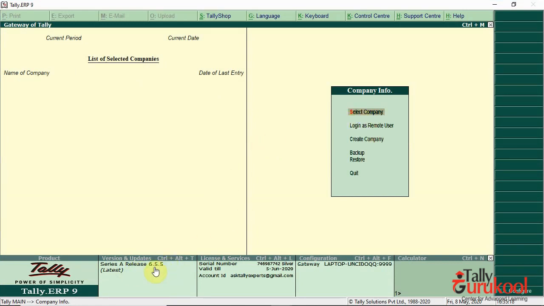Updating your Tally requires a valid TSS. If your TSS is expired, you cannot update your Tally to the latest version. With purchase of new Tally license, you get a 12 months free Tally subscription. During this subscription period, you can update your Tally to the latest version for free. Also, there are many more add-on benefits which you can avail during this subscription period, which I am going to share in the upcoming sessions.